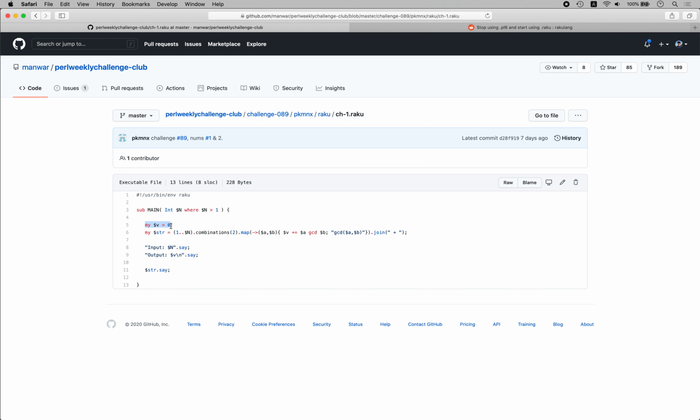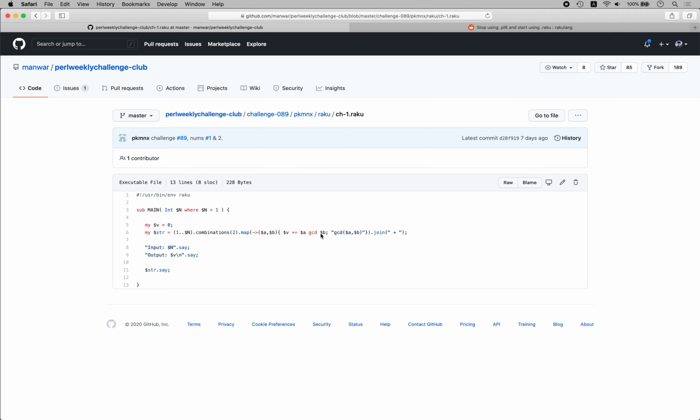So I've got this V. I would say it's the result, but it's not a result, it's some accumulator. Okay, yeah, that's the result, right? What's this through then? So probably this program prints some steps. Okay, yeah, indeed. So we take the range, we make combinations, then we map these. So we add the GCD thing to the result, and we also, okay,